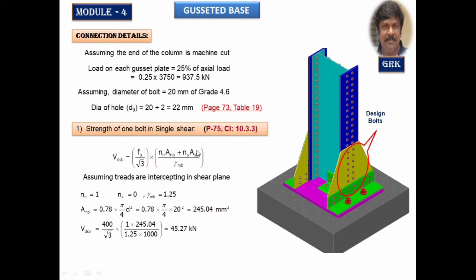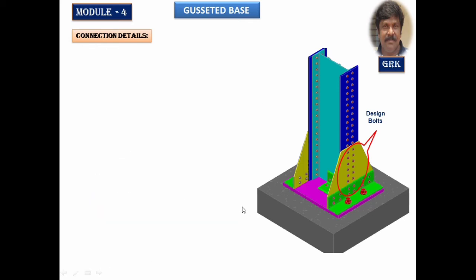So we have done many problems in bolted connections. You are used to that, and you can do it very fast, right? Okay, we'll go with the calculation of strength of the bolt in bearing, which is given in clause 10.3.4 and